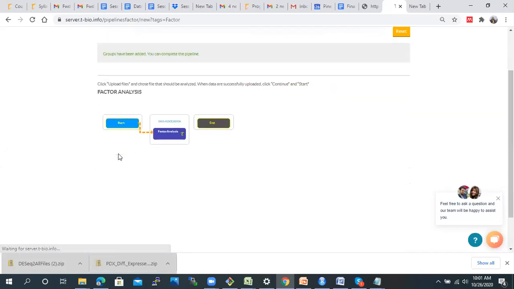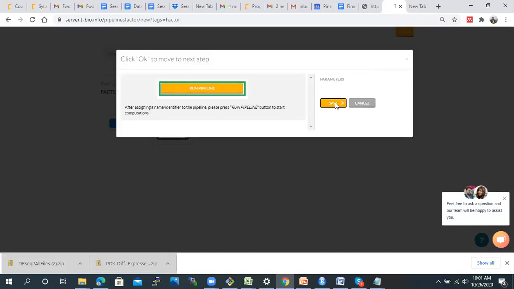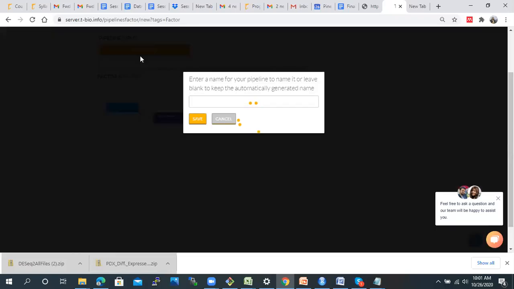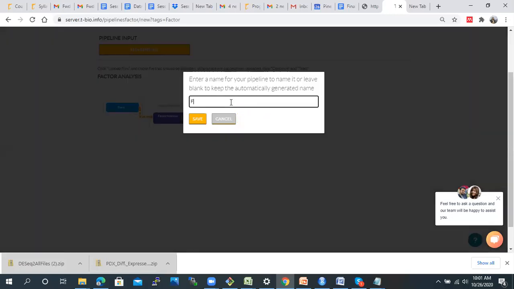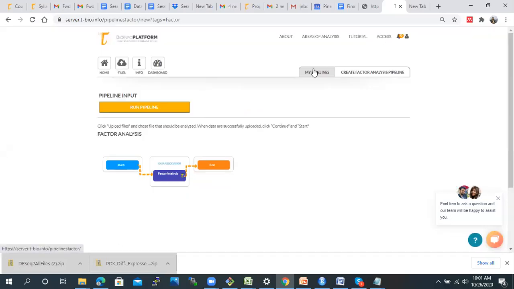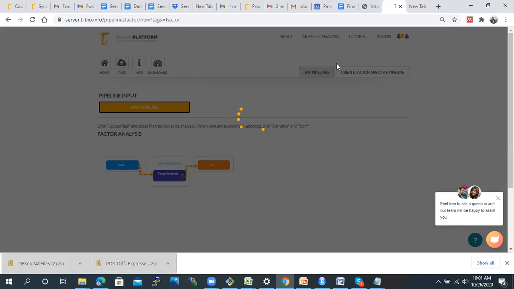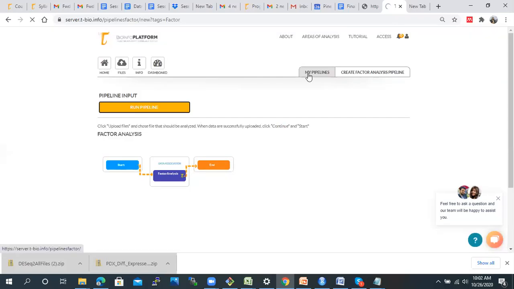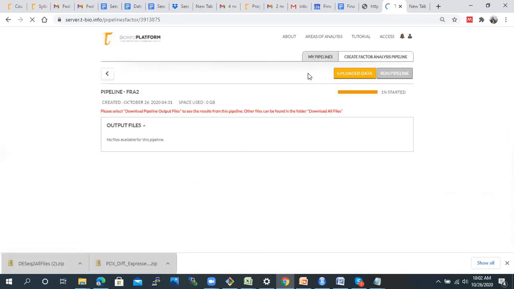Once you've done that, you will get the end option. Here we will get FRE2, factor regression analysis 4. Now let me run it and go to my pipelines.